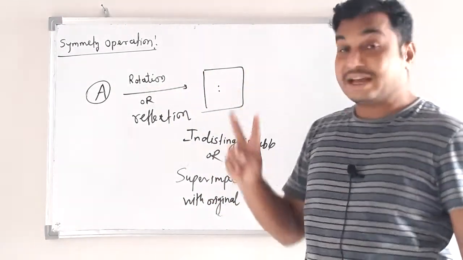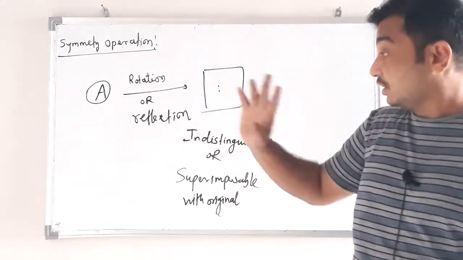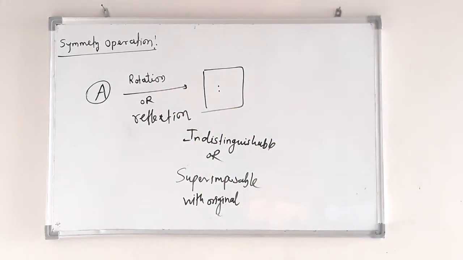So this process is called symmetric operation. Symmetric operation includes two types of activity: rotation and reflection. So you can write. I will read this point from a textbook, Stereochemistry of Organic Compounds, Principles and Application by D. Nasipuri. It is one of the best books on stereochemistry.